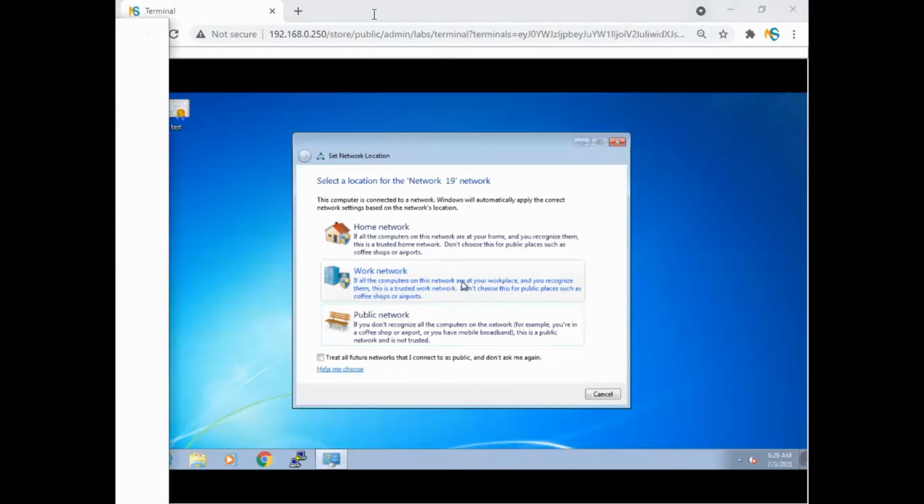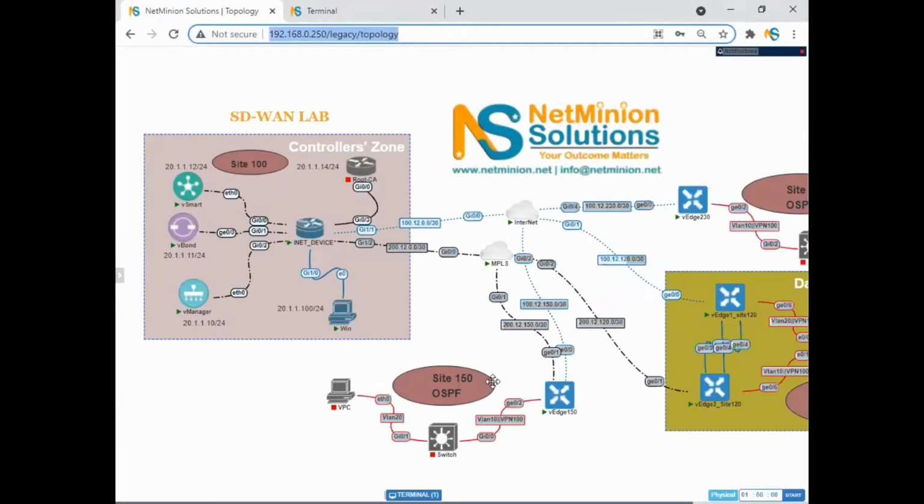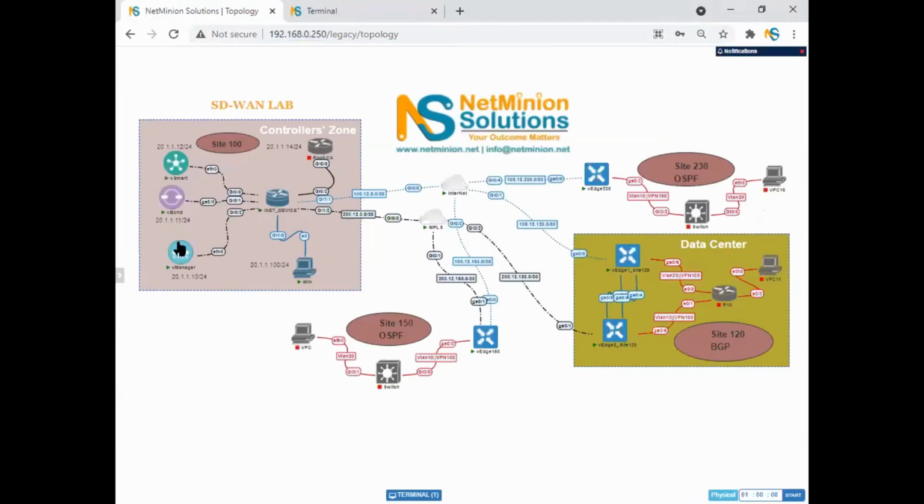Right here. Okay, so this is our network topology. Let me push the network topology also, and this is our terminal. Even in our network topology, if you see, we have something known as the controller zone on this side. Then we have some branch locations, a data center, and again a branch location. There is dual connectivity, one is MPLS, one is internet. But again, we will be bringing this up later on in our classes, and we will be able to see how we need to make it up.